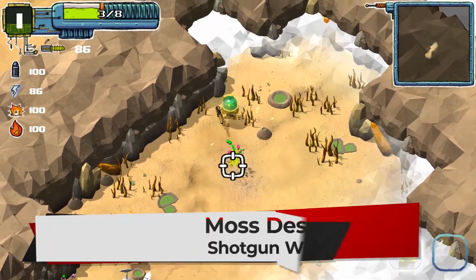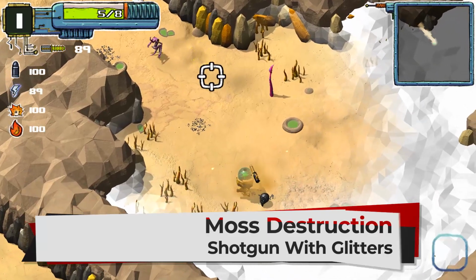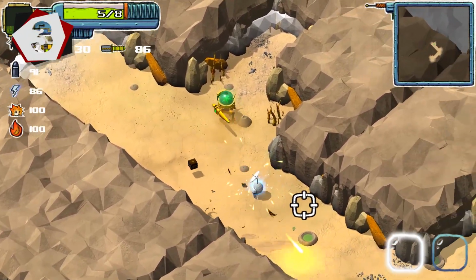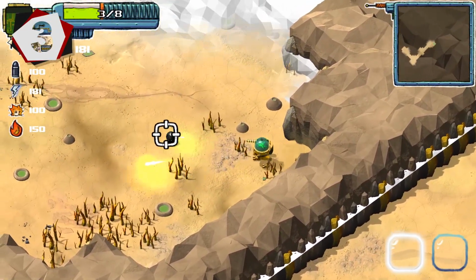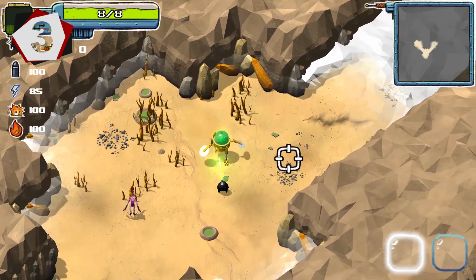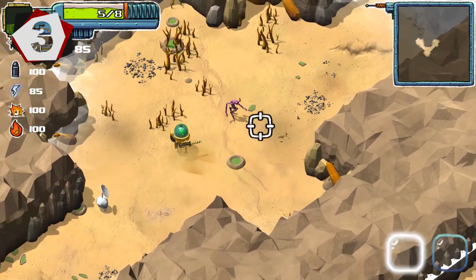Number 3. Moss Destruction by Shotgun with Glitters. This fast-paced isometric shooter hands you the task of defeating hordes of enemies with an insane armory of weapons. You have to take your biomech through each level and get to the end without losing all your health. Some enemies will drop weapons that you can use to help improve your arsenal, or if they get too close, you can always use a melee attack, which has this really cool saw blade animation, which is a pretty nice